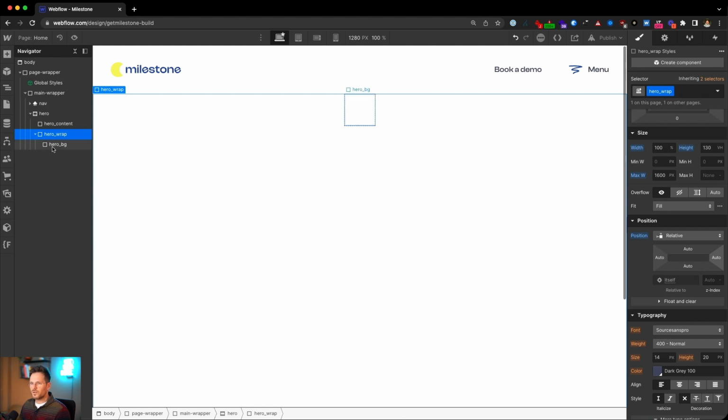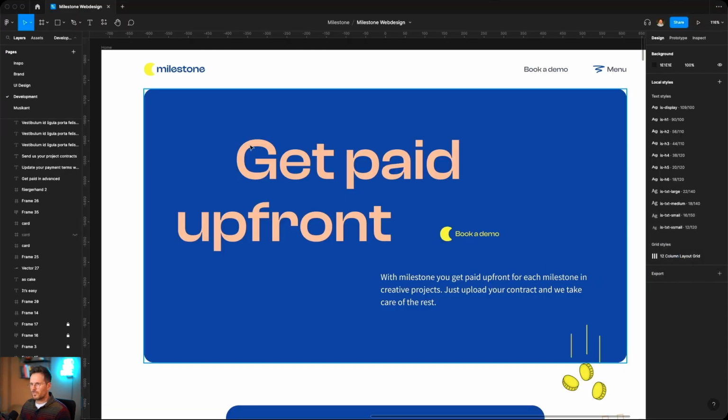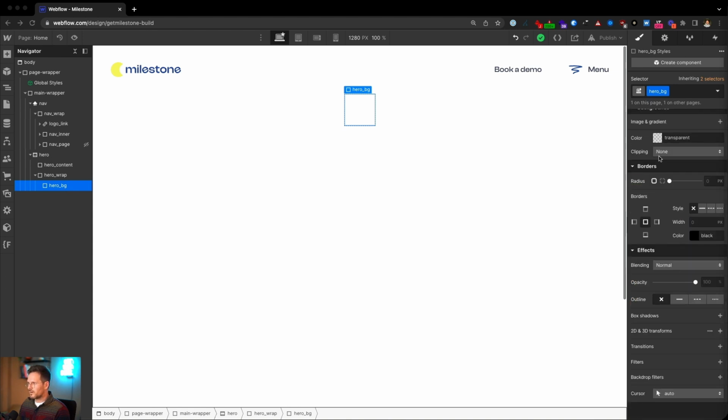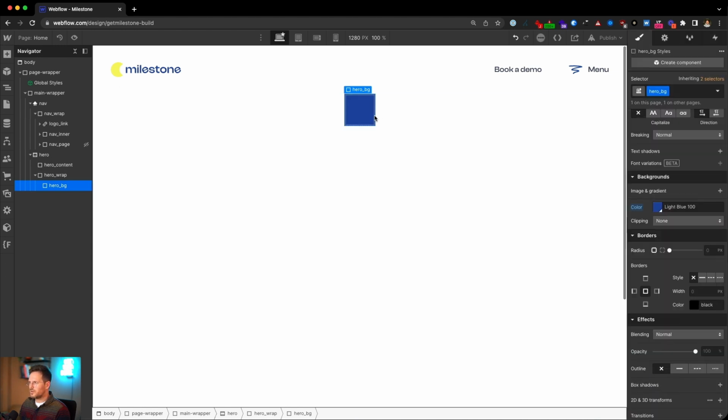The next thing will be the hero BG. Let's have a look at the design. That's that blue background. So back to Webflow, we have our div with the class hero BG. At first we give it a background color. We give it our light blue.